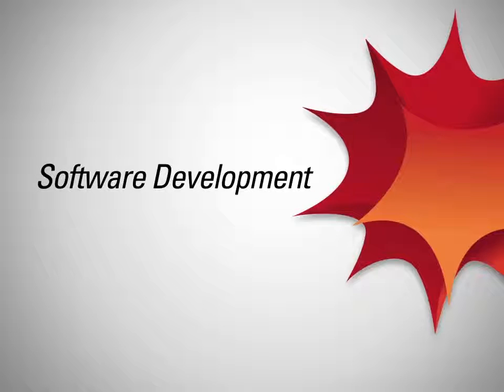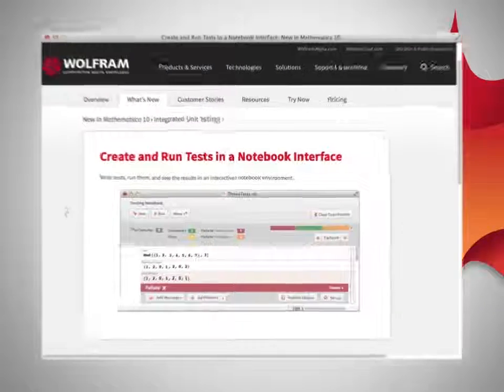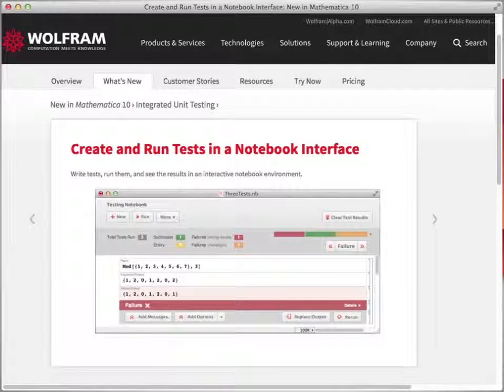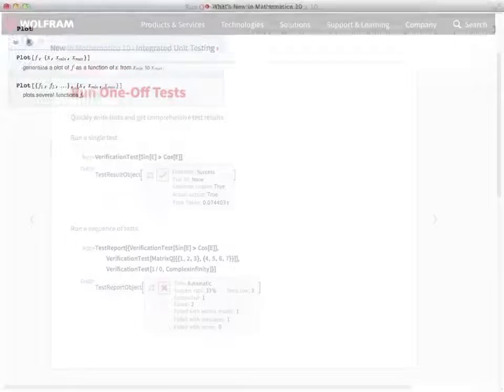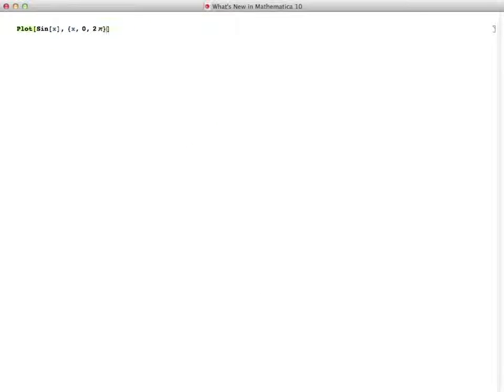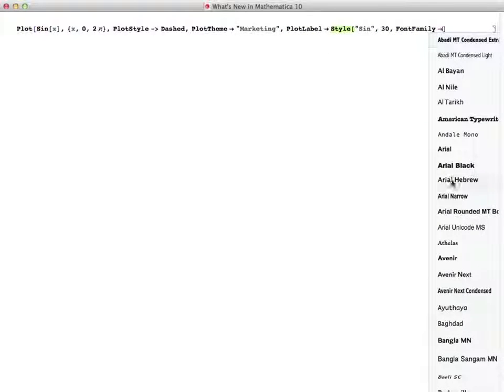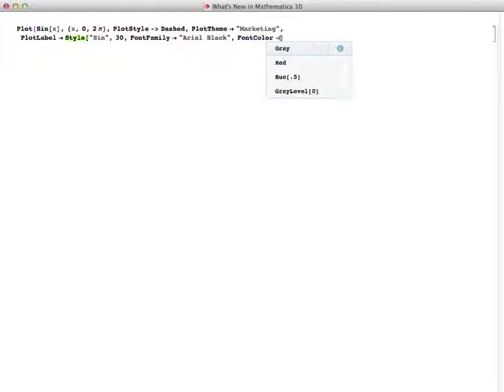Of course, the Wolfram language is not just about controlling broad and powerful computation. It's also a development platform for building computation-driven applications and tools. Lots of new convenience functions and developer tools like unit testing make getting work done in the Wolfram language quicker than ever. And the working environment for writing code has been enhanced, with new auto-completions for option values and strings, automatic interfaces for finding paths, colors, fonts, and styles, and improved undo and redo capabilities. It's never been easier to write code in Mathematica, and the Wolfram language has never been more expressive.